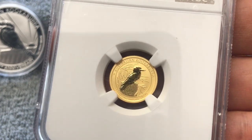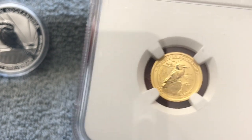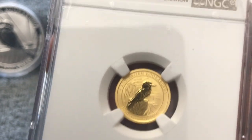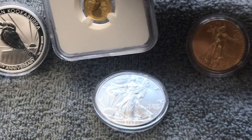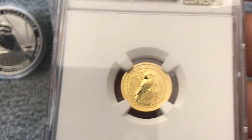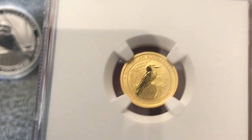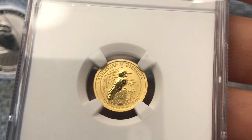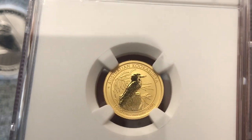And then we had followed up by, this was my second purchase for 2020. It was actually purchased in 2019, but again, it was a pre-order for 2020, and this is the 1/10 ounce gold 2020 1/10 ounce 30th anniversary Kookaburra. That's right. I bought three of these, and at the time, they kind of had a higher premium, but gold at the time was in the $1,400 range. Can you believe that? Just a short time ago, December of 2019, gold was in the $1,400 range,